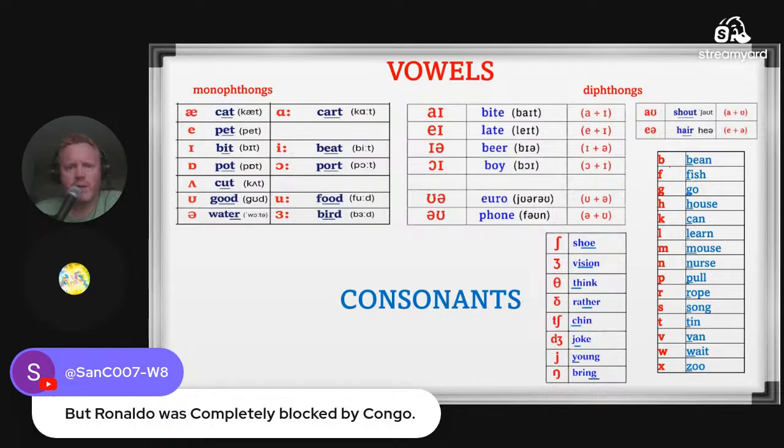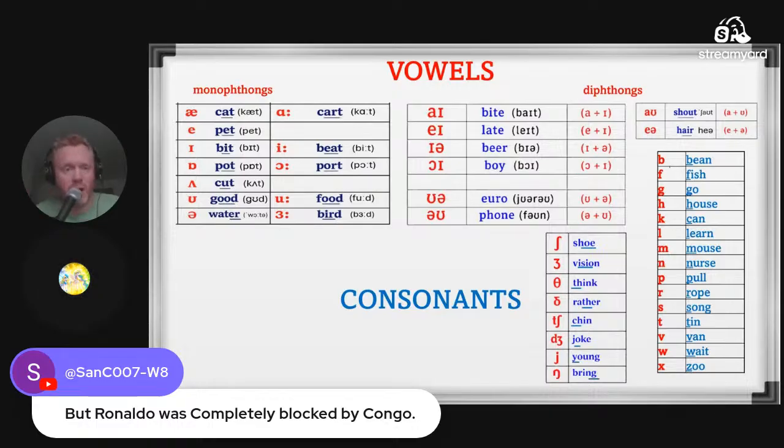Okay, next page, please. So this is it. Well, actually, I got the International Phonetic Alphabet and I changed it a bit. This is kind of my style. I just put it into a system which I thought was easier to learn. So can you tell us, VT, what can we see in the International Phonetic Alphabet? We see the monophones, the diphthongs. Those are the two types of vowels, and the consonants.